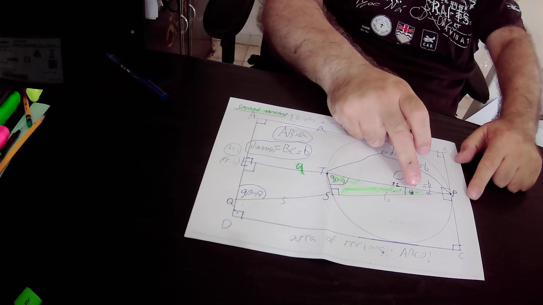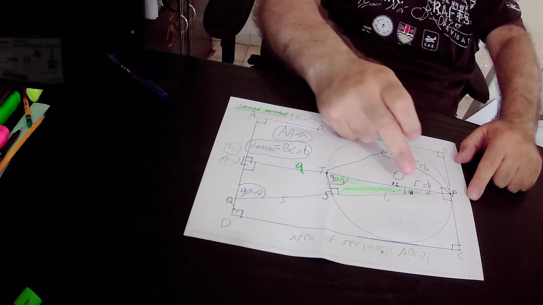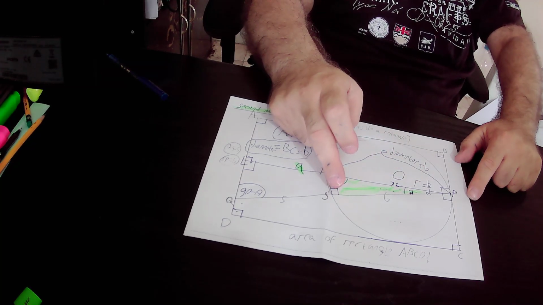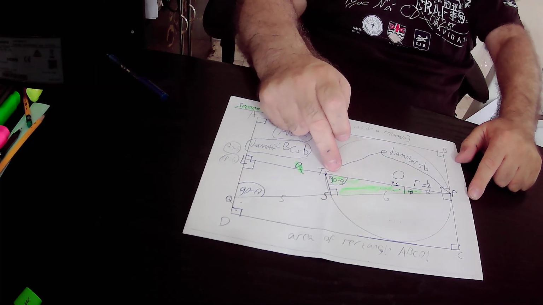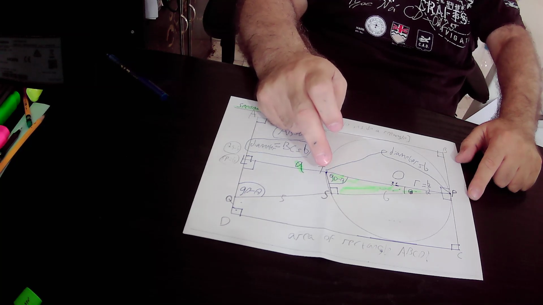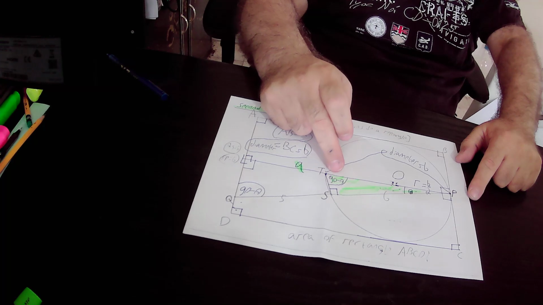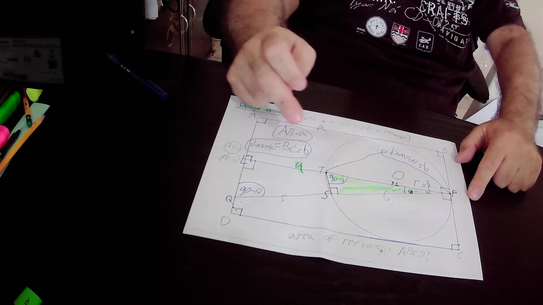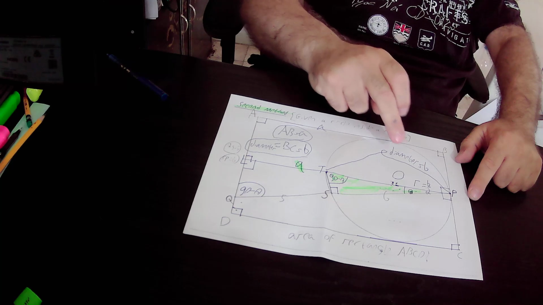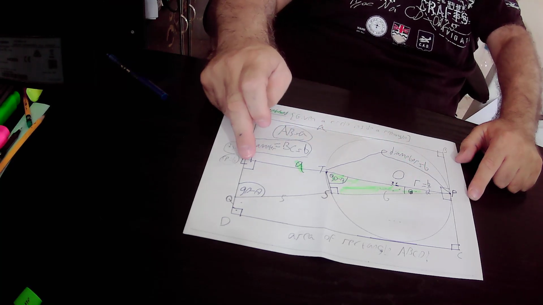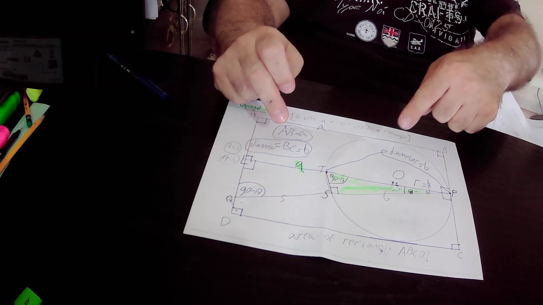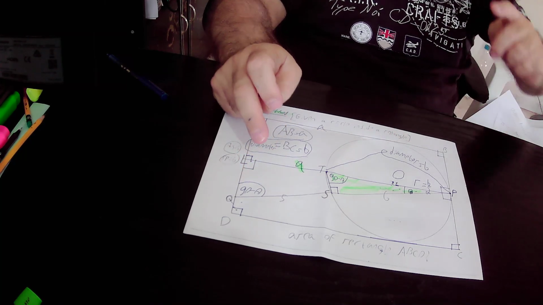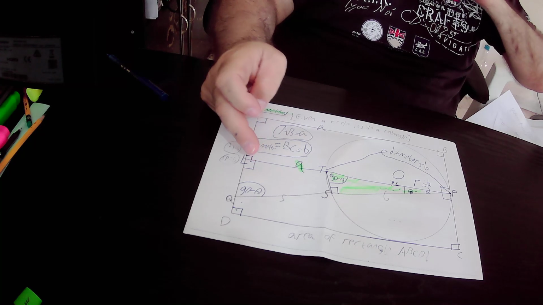We define this angle as theta. So this angle equals 90 degrees, this angle equals 90 degrees, this angle equals theta, therefore this angle must be equal to 90 degrees minus theta in order to complete the sum of the angles in triangle TSP to 180 degrees. Likewise, this angle equals theta, this angle equals 90 degrees, therefore this angle must be equal to 90 degrees minus theta. Then we prove that the green right triangle is similar to the big right triangle